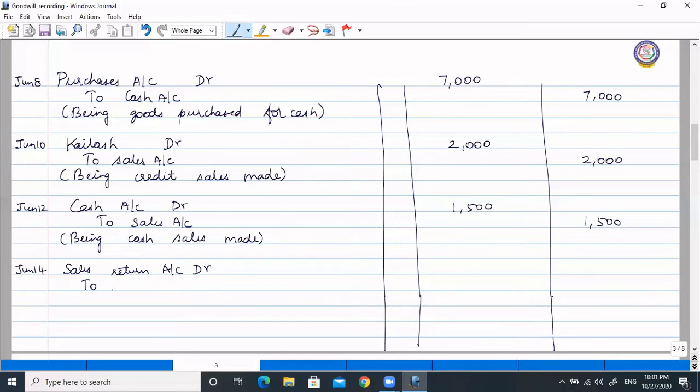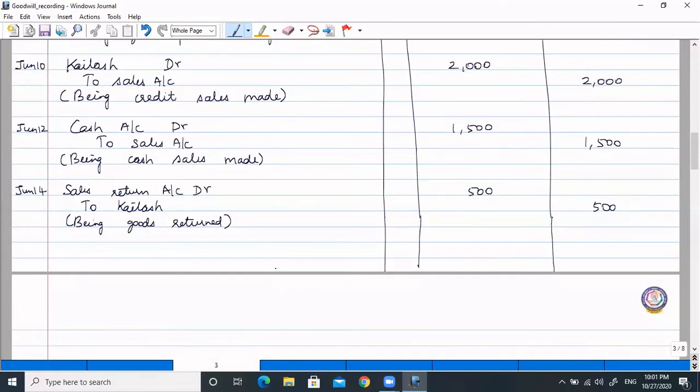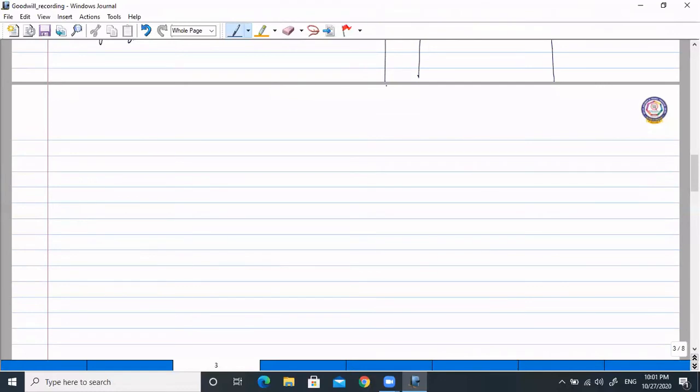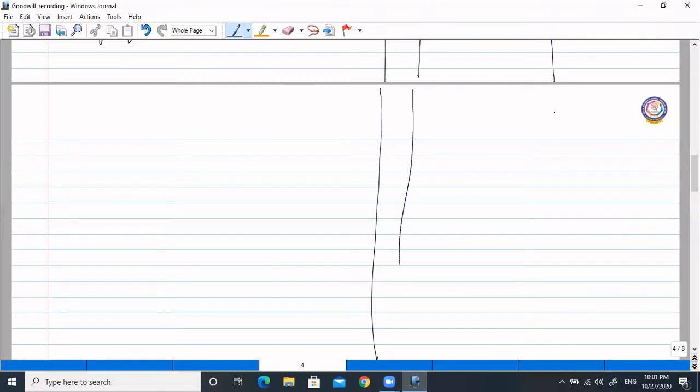So that is why his account is credited, and he returned goods of worth 500. Being goods returned. Okay, next